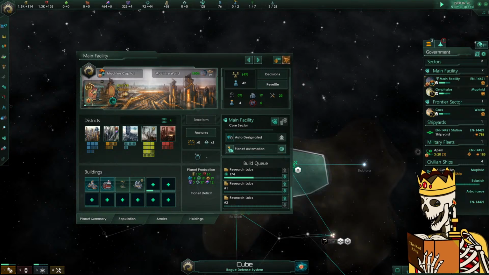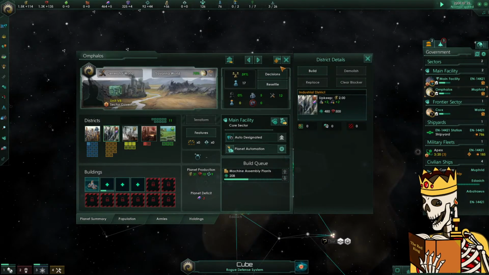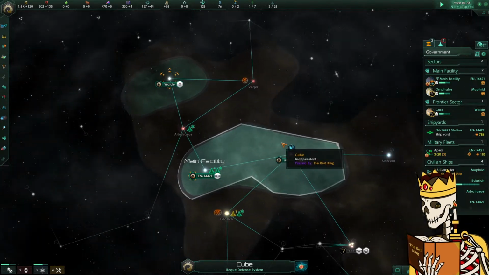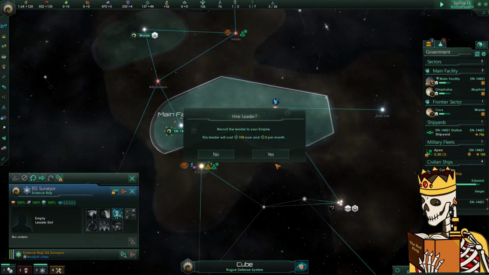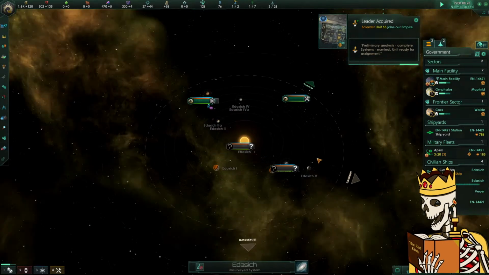Let's get those research labs pumped out. And then we're going to need to start building some alloys on both of those worlds. I'm playing as a determined exterminator as well, which is unusual. I don't normally play as genocidals. But because...